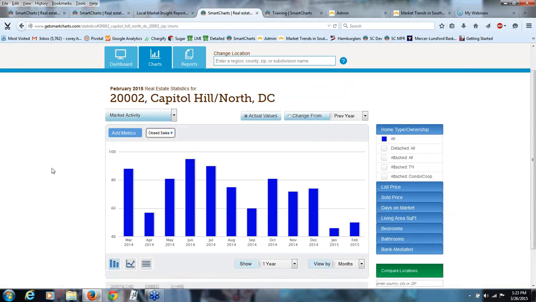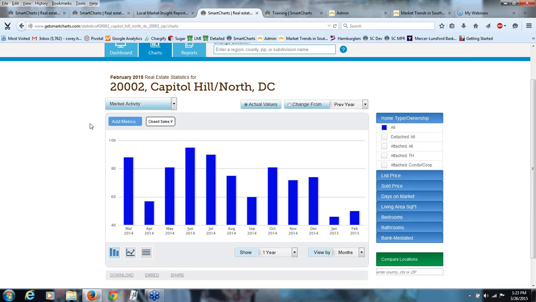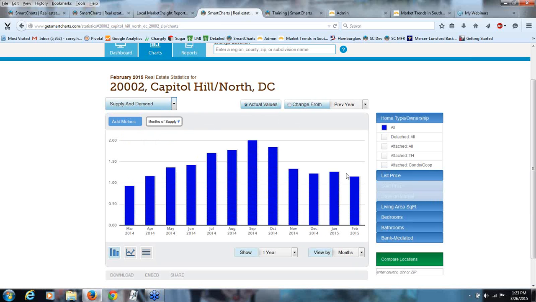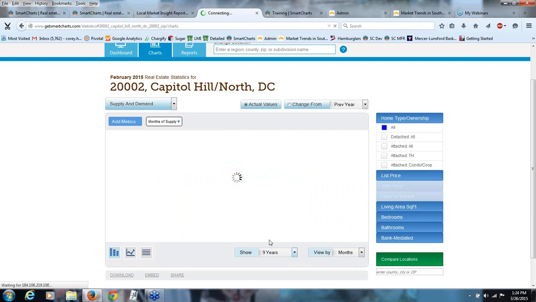and that proves through the various metrics that you can get into in the charts section. So an overview again of charts, the metrics are broken into different categories. There's market activity, pricing trends, pricing ratios, days on market, price per square foot, and supply and demand. Months of supply, which is the metric that I was just mentioning, is in the supply and demand section. Months of supply, 4 to 6 is balanced. This zip code hasn't been balanced,